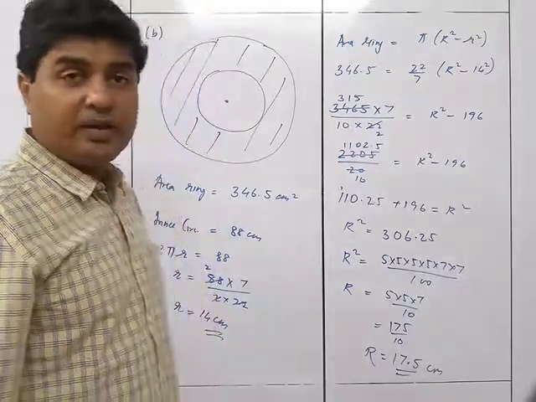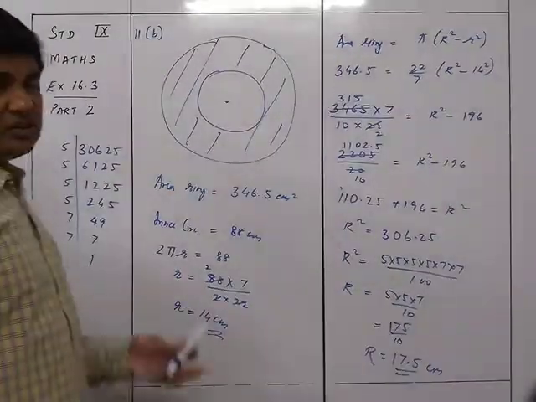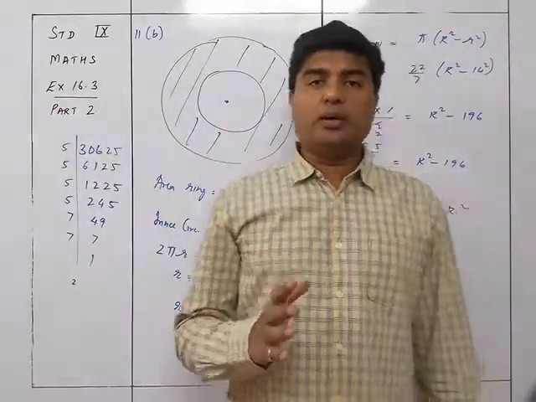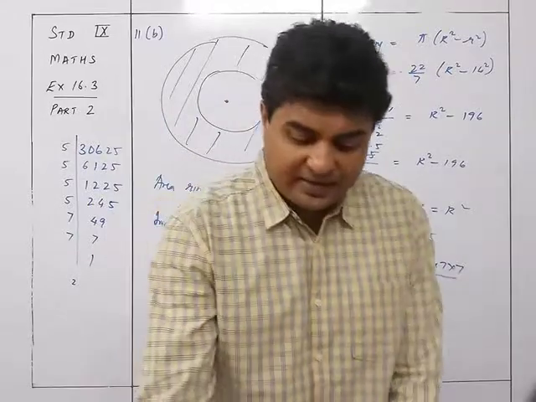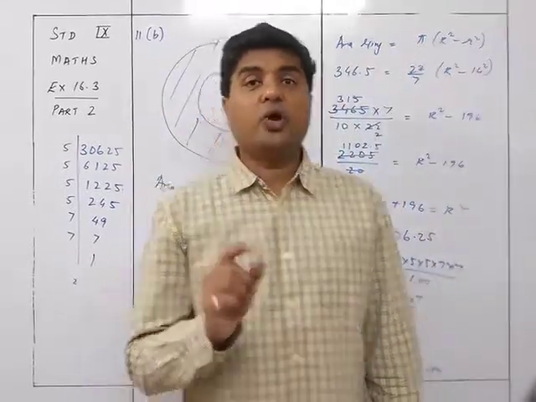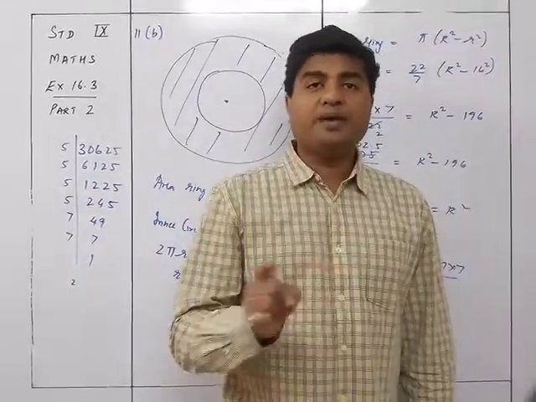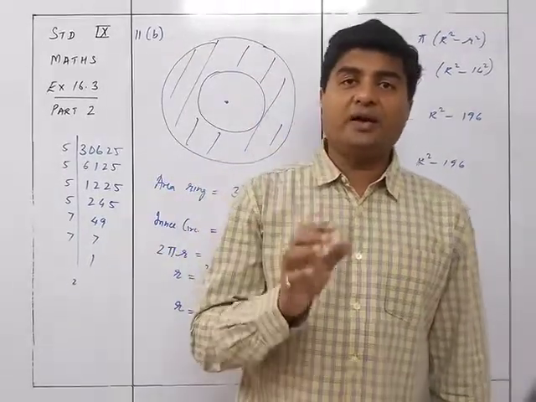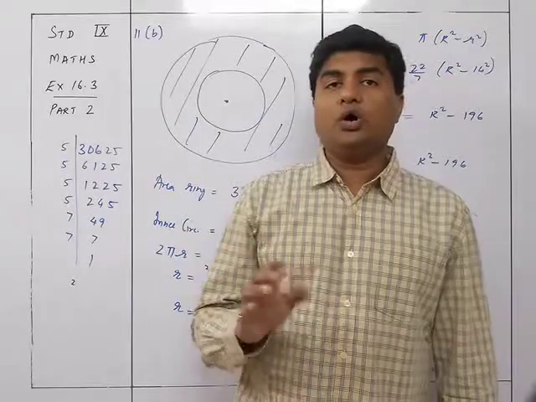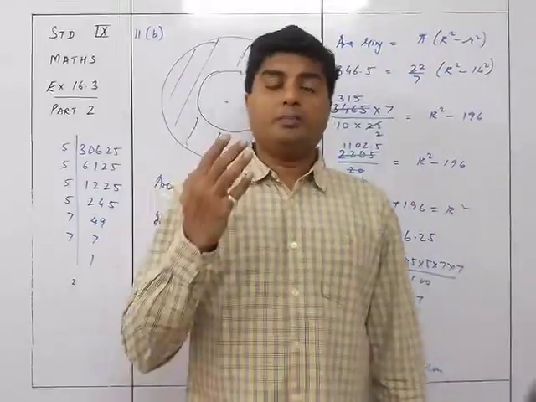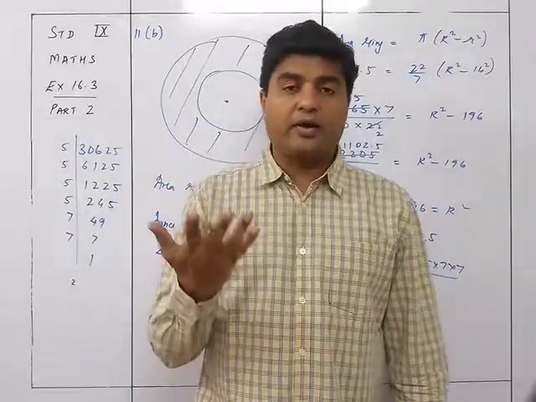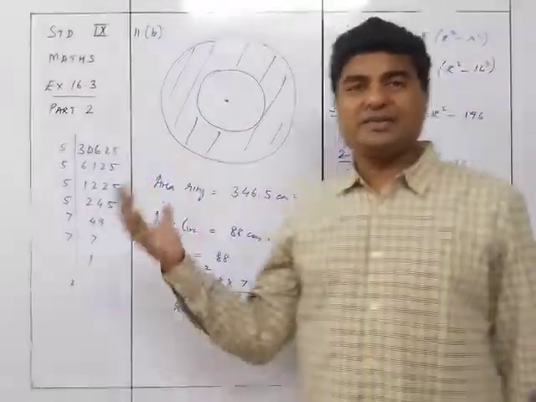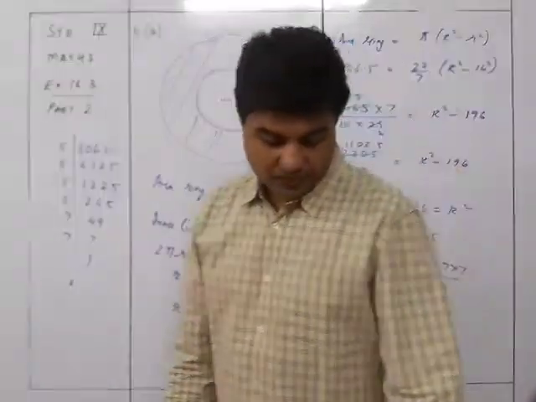So this was sum number 11. You can see mainly the calculations are the main thing over here. If you remember the formula, then there is no problem in these sums. These sums are very easy if you remember the formula. But if you do not remember the formula, it's a complete zero because you will not be able to go ahead at all. If you take any formula wrongly, then you are gone. But if you remember the formula, then the things are just simple calculations.